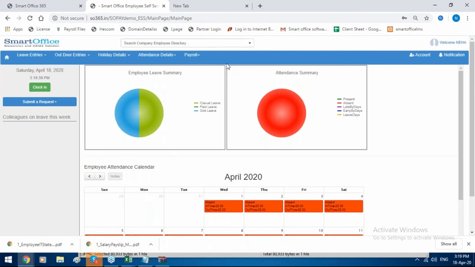Only one extra option is there, called manager details, where the manager can approve or resign.